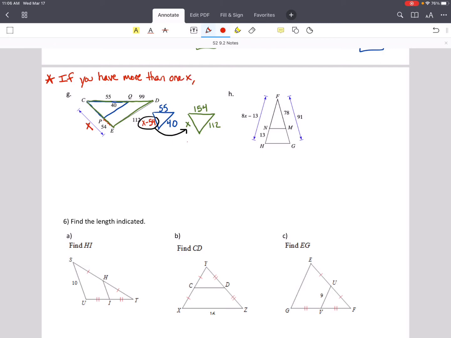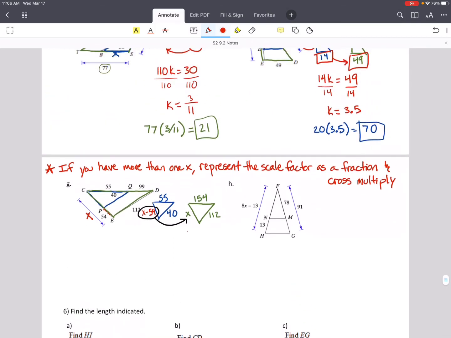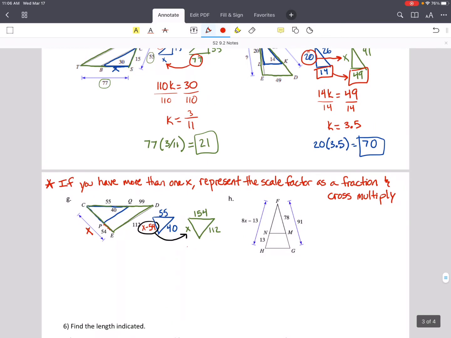If you have more than one x, represent the scale factor as a fraction and cross multiply. Here's what I mean by this: the way we found our scale factor through every other problem on these pages,